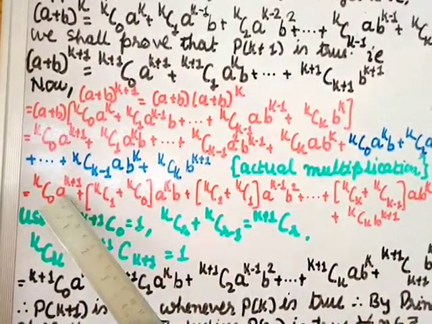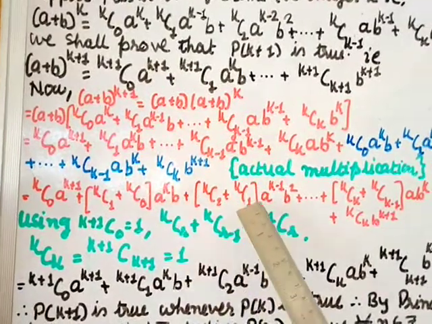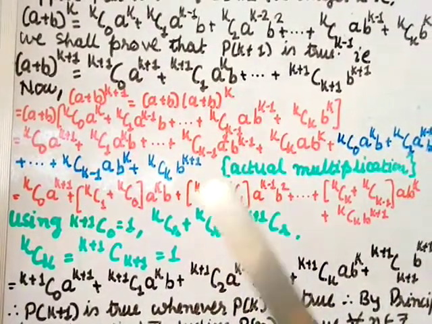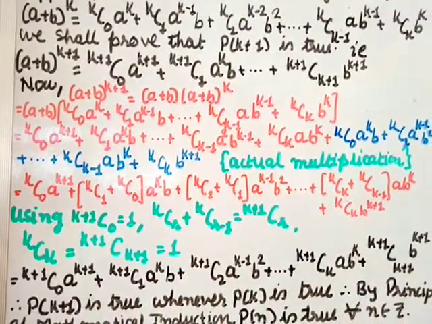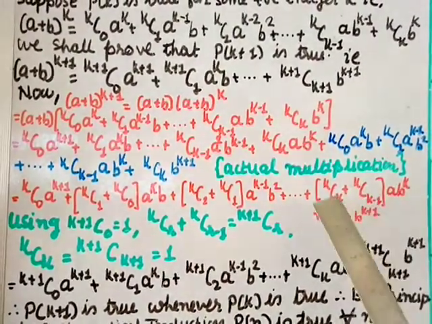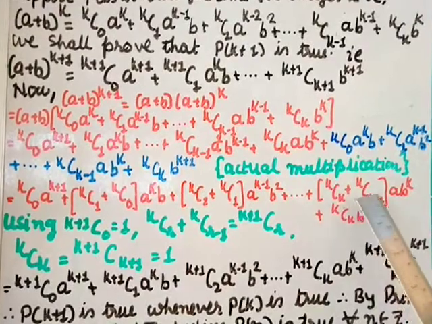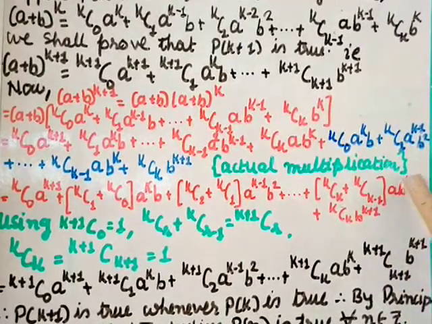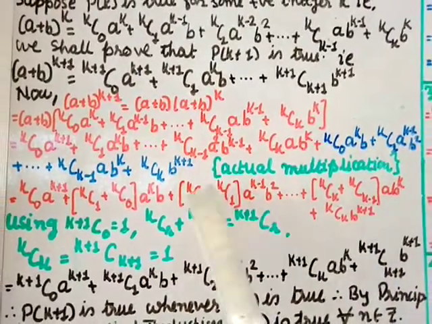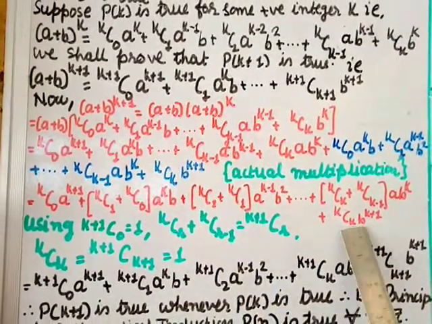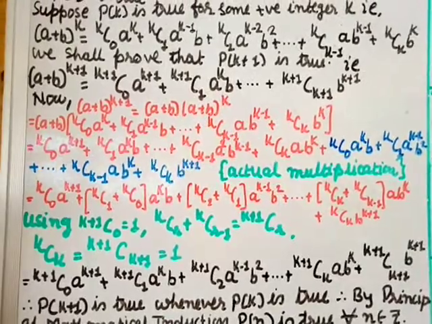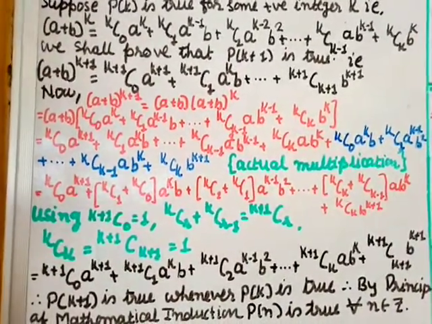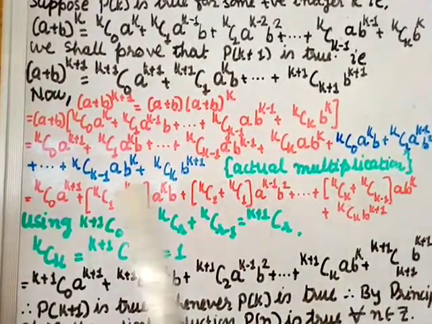So here a power k plus 1, next is a power k, next is a power k minus 1, decreasing by 1, and here b power 0, b power 1, b power 2, b power 3, and so on, increasing. The second last term will be kck plus kck minus 1 into a into b power k, and the last one, this term I am not touching, just keeping as it is, kck b power k plus 1. Now we are going to use some identities and simplify this further.